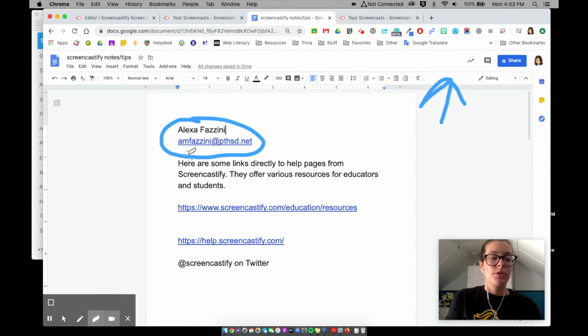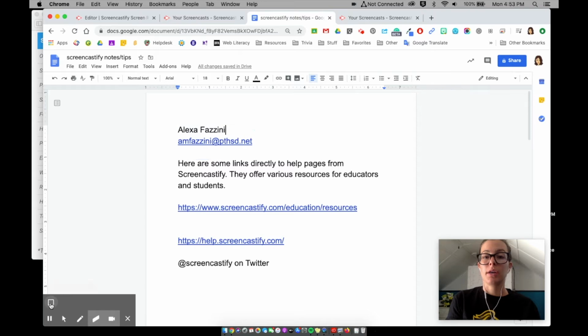Then the eraser: you could just erase things manually, or you could check off an option that says wipe screen clear, and it'll wipe everything for you. So instead of clicking everything with your drawing tools, there are some Screencastify shortcuts that will go along with these